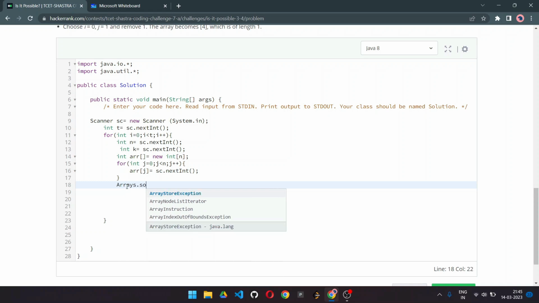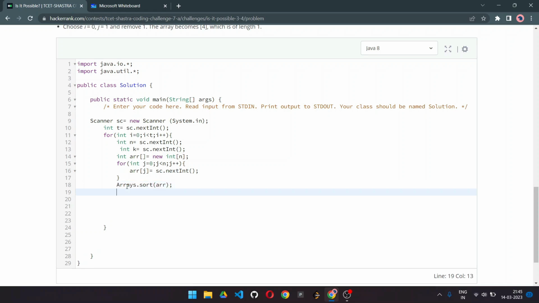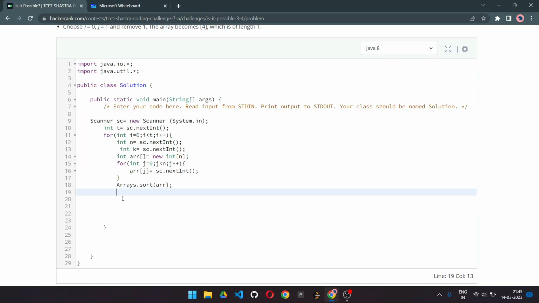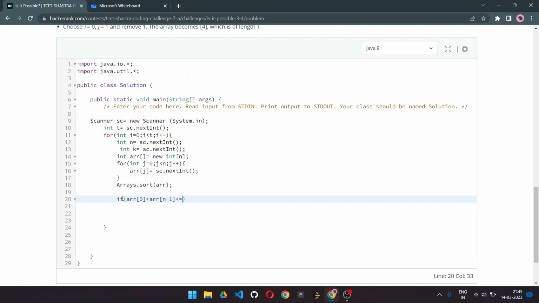Arrays.sort. It's an inbuilt method. So after this we are going to keep on comparing our values, right. So here we are going to have an if: if arr at 0, the first value, plus arr at n minus 1, which will be the last value, is less than or equal to k.